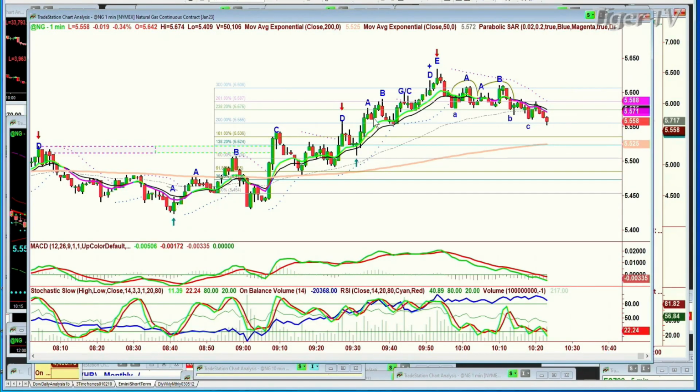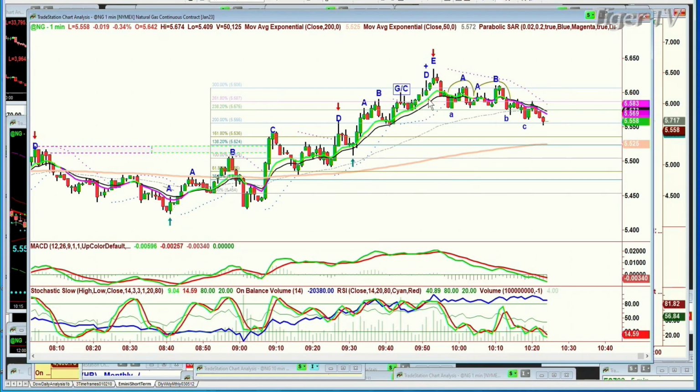You want to get to a D, but wait a minute. It goes 1, 2, 3, 4, 5 bars, still with a 9-period over the 14-period moving average, way over the 200-period moving average, saying, hey, this is good stuff because it's now acting as a propellant line. And what does it do? It starts a brand new bind. It goes peak A, B, G/C, because there could be an alternate case count, and you're almost at the 300% level. But the MACD is now slightly positive. Stochastic finally gets over the 80% line, and what does it do? It goes to D and a very quick E.